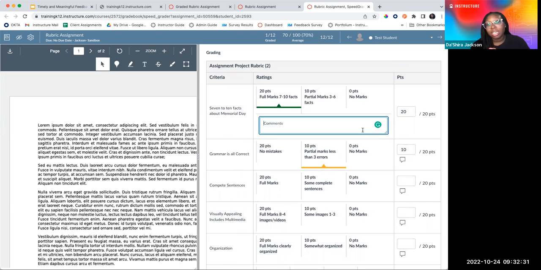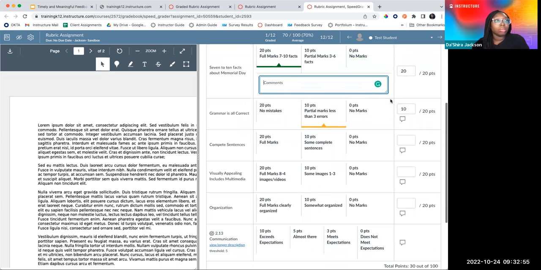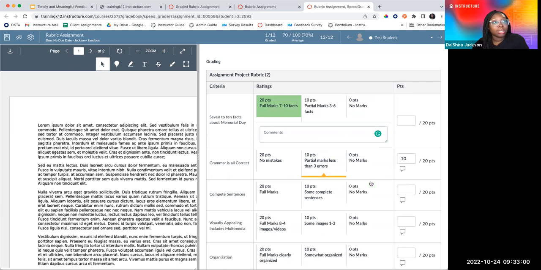If you choose the option I mentioned, free form comments, it'll remove these ratings and you'll just see the comment box and put in the grade here. So Christine, in the example we were talking about, this could be A, and we would make this 95 points or 100, whatever full credit is. Then you could provide comments about what the students did really well, and if they missed any points, why. Then you would make the other ones 0 points. So if it's A, give them full points, and the other ones get 0 points, to do that holistic example you're talking about.